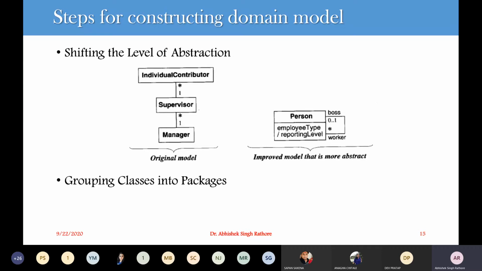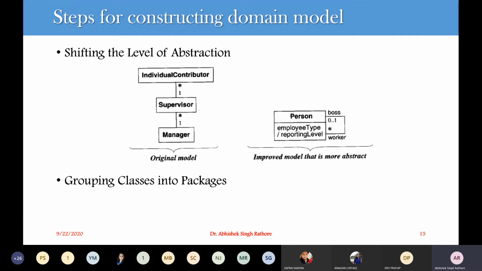So this is how we can achieve a better level of abstraction instead of having this type of information, because these will contribute to some generalization over here. Instead, we can combine all this and add an association and name with them. And the last step is that we can group our classes into packages. This is the last step of class modeling, so what are these packages?